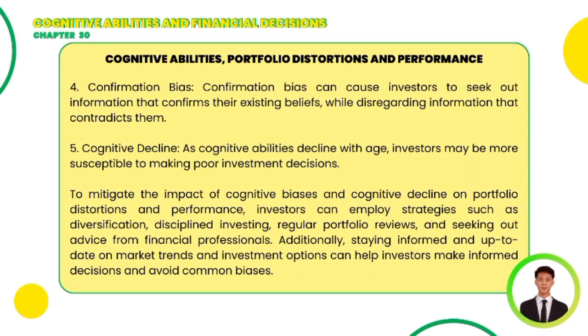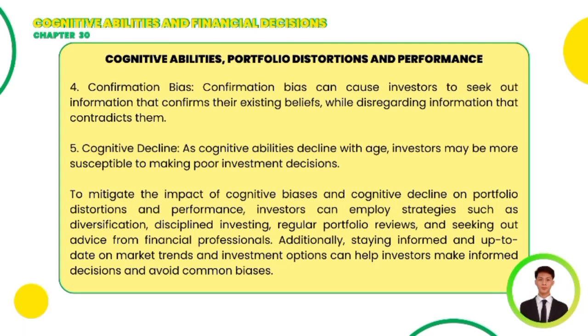To mitigate the impact of cognitive biases and cognitive decline on portfolio distortions and performance, investors can employ strategies such as diversification, disciplined investing, regular portfolio reviews, and seeking out advice from financial professionals. Additionally, staying informed and up to date on the market trends and investment options can help investors make informed decisions